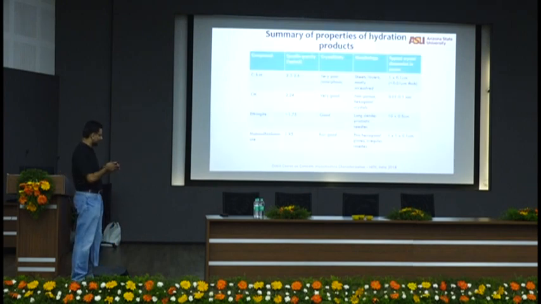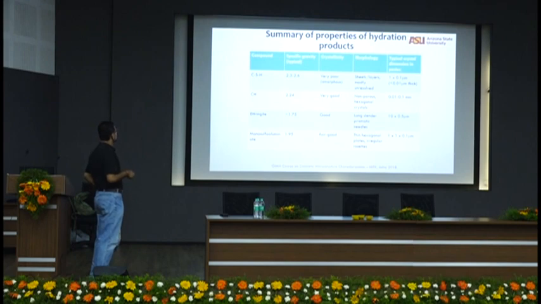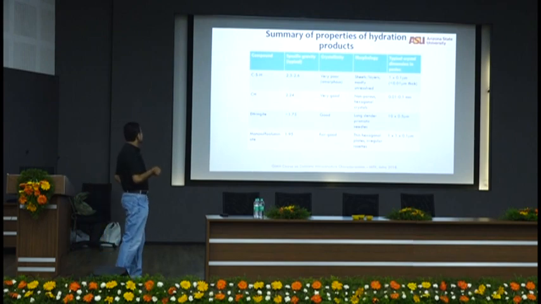So, quick summary of what you can see. CSH, CH, ettringite. Typical density. CSH, this is the inner product CSH density. Ettringite is 1.75, monosulfate 1.95. Crystallinity, very poor CSH. The remaining are more crystalline. And the size range is also you have